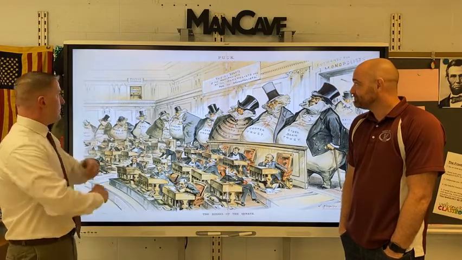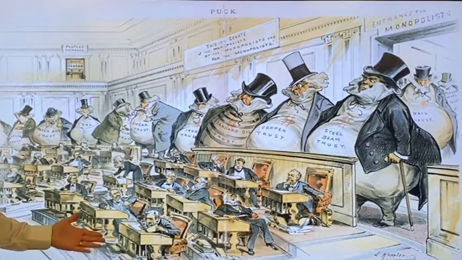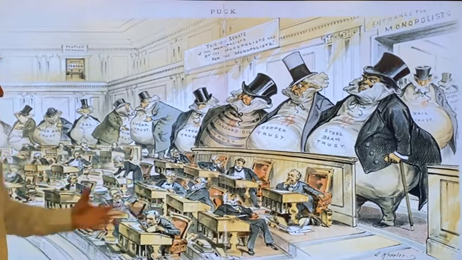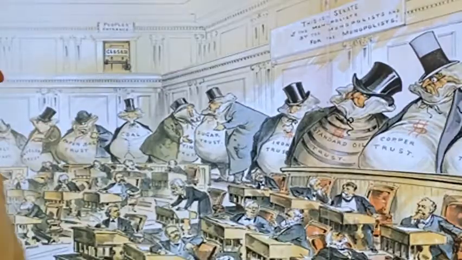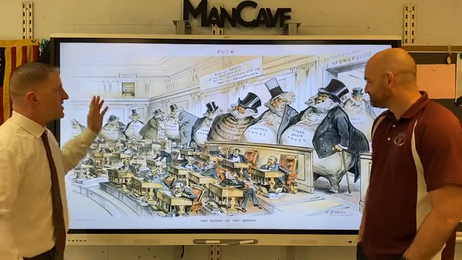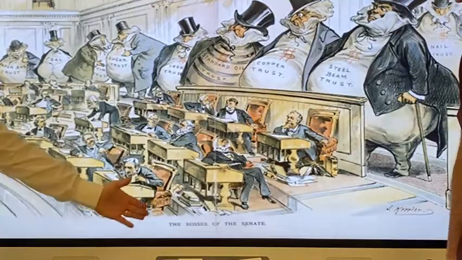If we notice here, we need to address the setting. They're in the Senate, where they make laws. Again, we're looking at the trusts having the power. The senators are right over here, and the senators are elected and work for the people. And again, when we look here, the people do not have the power. The people's entrance is closed and locked. And the monopolist entrance is wide open for these guys to walk in. And then of course they take something from the Gettysburg Address, where they're talking about the Senate of the monopolist, by the monopolist, for the monopolist. Not the people. And it even says down here, the bosses of the Senate.